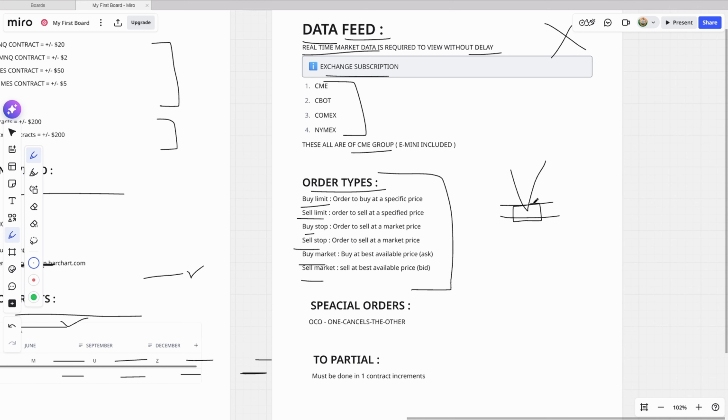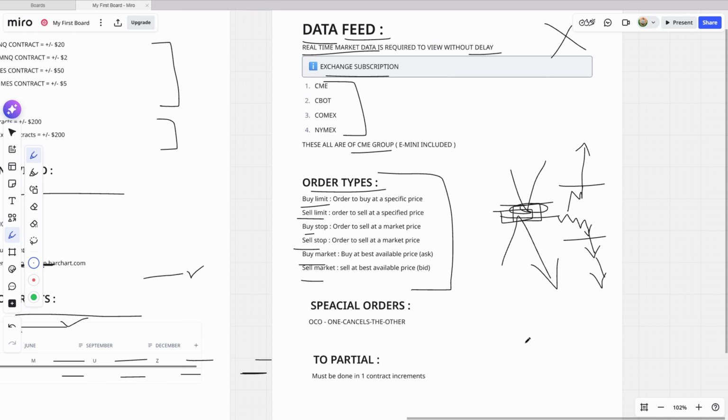If I place a buy limit below current price, I'm saying I want price to retrace down to that level and fill me there. If I place a sell limit above current price, I'm saying I want price to push up to that level and fill me there. Then we have buy stop and sell stop. A buy stop is placed above current price. When price touches that level, the order triggers and fills at market. A sell stop is placed below current price. When price reaches it, it triggers and fills at market.